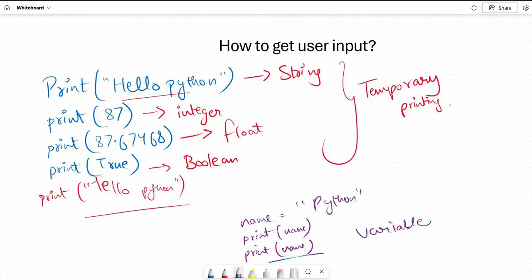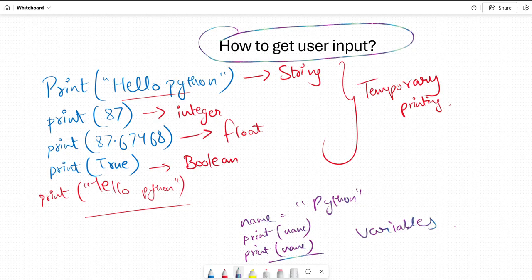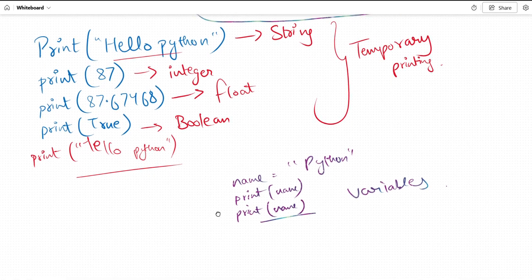Now coming to the question that arises, how to get the user input. Till now, what were we working on? We were getting the particular things which were already given in the print command, or we were writing it ourselves, correct? But what if I want some user to enter the things, right? At that point of time, we will be discussing the input keyword.